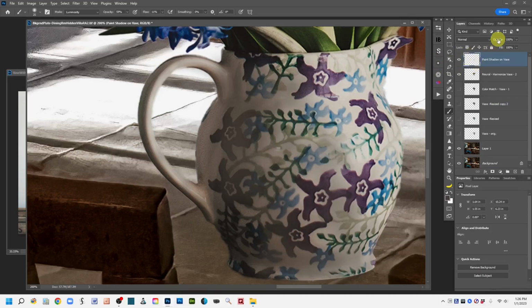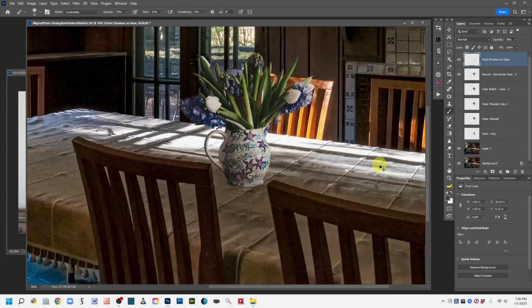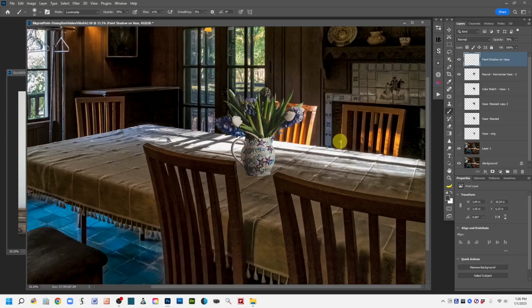Now I also can, in the layer stack, see where I am in the layer on the right side of the layer stack, there's an opacity setting here too. And once you get it all painted on, if it looks a little bit extreme, you can lower your opacity to taste too, just so that you don't lose any details. And I'm going to zoom out, and I'm going to call that good for purposes of painting on the shadows